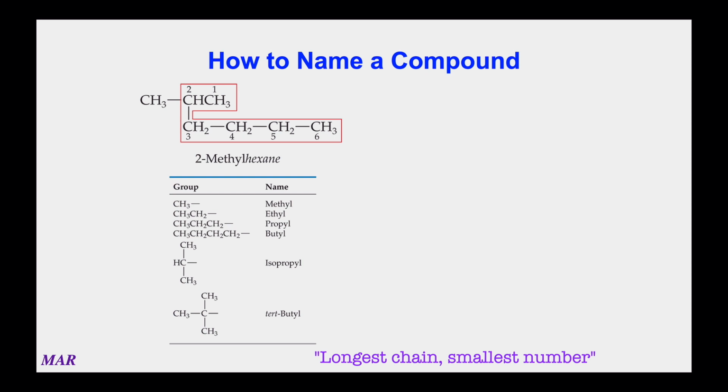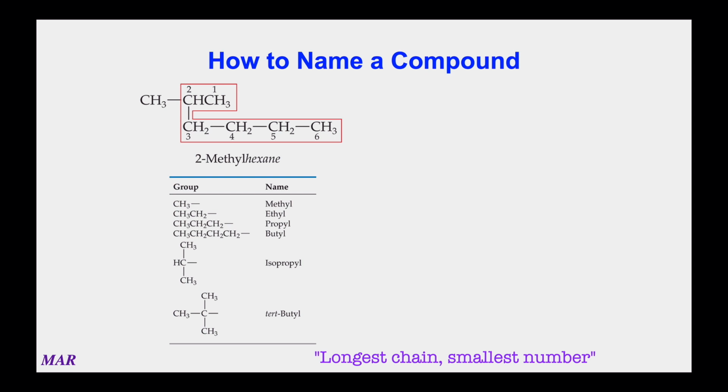Up there in the upper left-hand corner, you can see an example of how this works out. So let's say that you were trying to name this compound. All right, no problem. You first want to circle the longest chain of carbon atoms, and you can see what's done. It's kind of started on the upper right-hand corner and then kind of twirled around underneath.